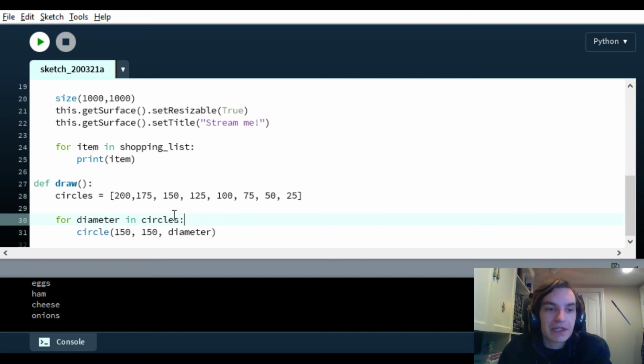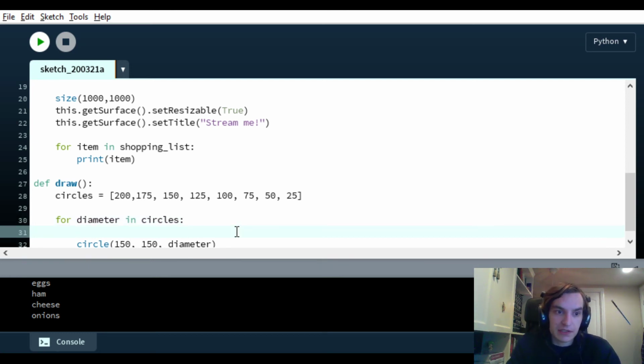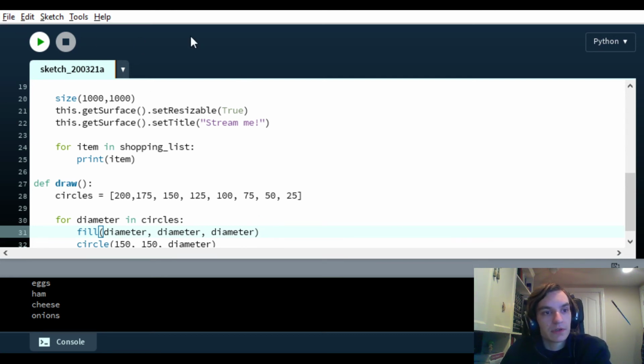But you can also set that up with different colors. It'll just be a little bit tricky to deal with. We can make it just different shades of gray by doing something like fill, diameter, diameter, diameter. So remember, if you fill with a color where all of the numbers are the same, that's going to be a shade of gray. So if we run this one,